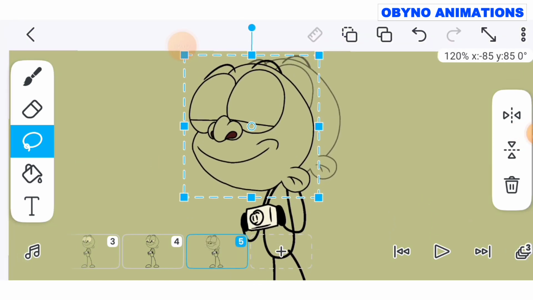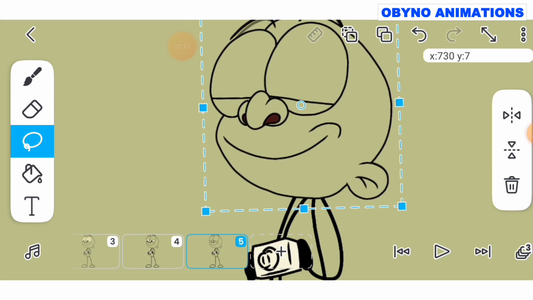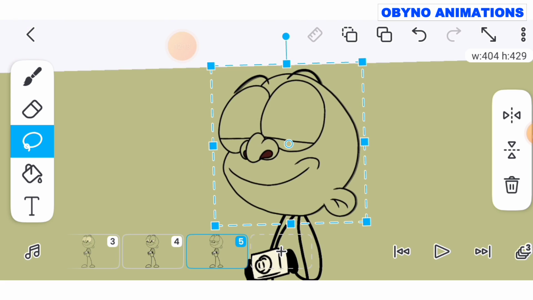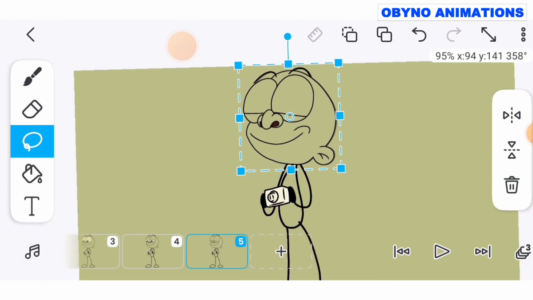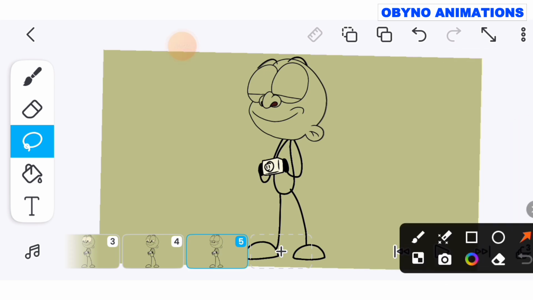Okay, so frame 1 is the upper eyelid starting to come down. Frame 2 is the upper eyelid and lower eyelid starting to come down, which will give you half eyes. Then frame 3 will now be the actual blinking. If you finish adding this actual blinking, then you have to go back to your previous frame,